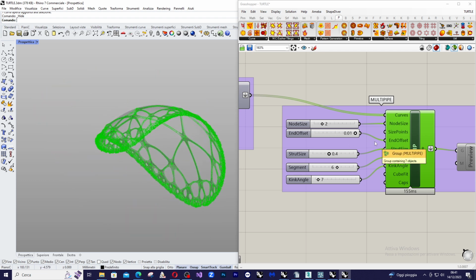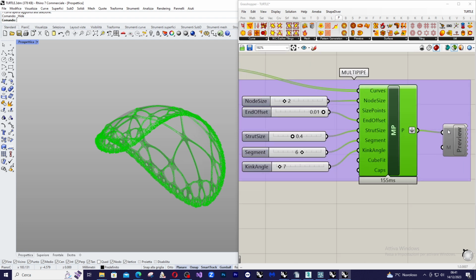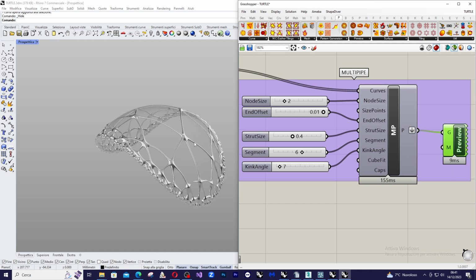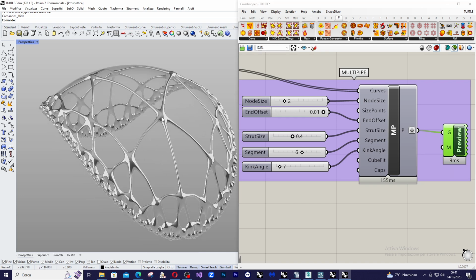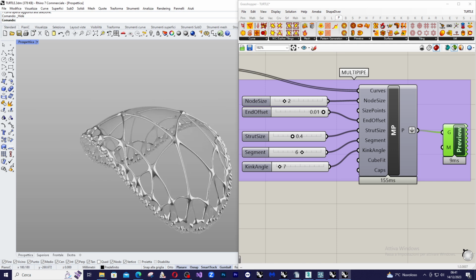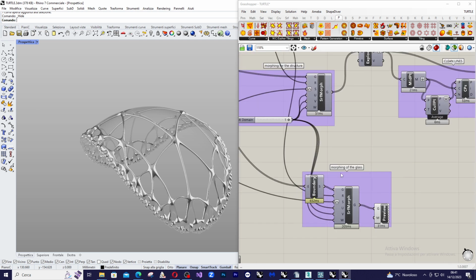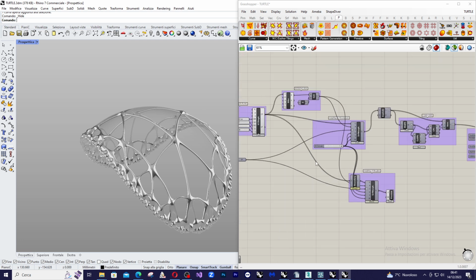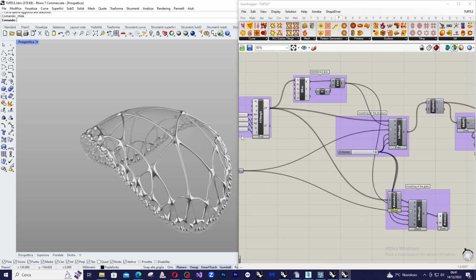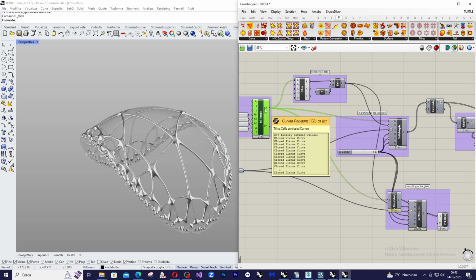And the very last part of this tutorial is, okay, we have a structure, but we have to fill the structure with, for example, glass, if it will become like a roof. So we can use the same surface morph to project not only the curves, like we have done before, not only the pattern, but we can project also the surface. So we have a closed planar curve here. We can close them